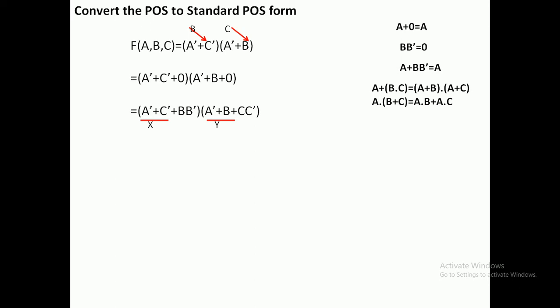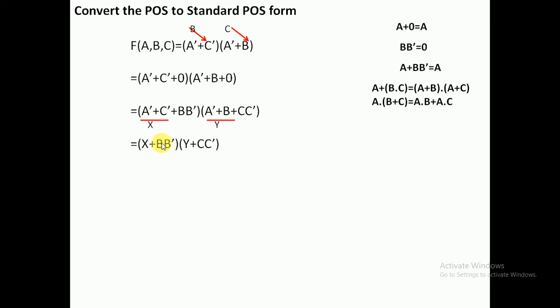The part which is already in a combination of a max term, a sum term, you consider that as X. Now we need to apply X plus B dot B dash. So just consider X plus B dot B dash. So you apply this procedure in this given formula. Now we need to apply X plus B dot B dash. Here we can easily apply the distributive law.